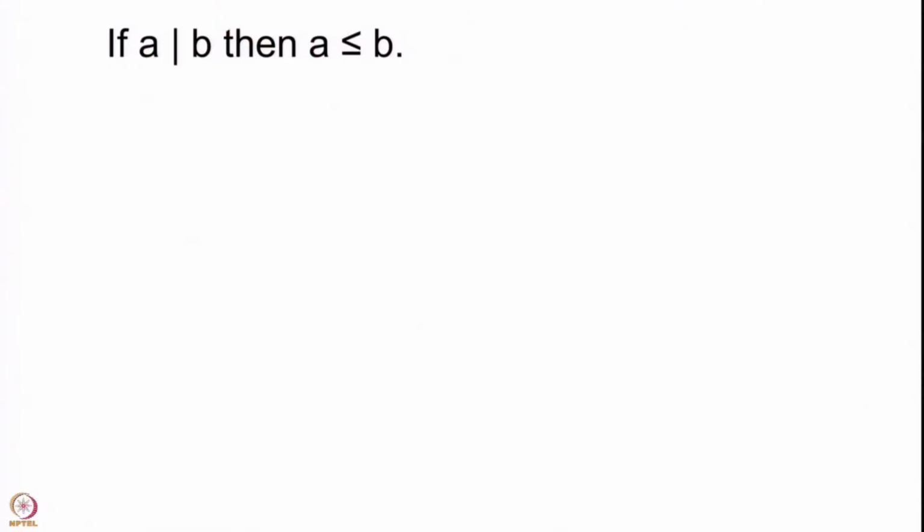We now go to the third property, which is a very important property and we will use it quite often. This says that if you have a natural number A dividing a natural number B, then with respect to the earlier order that we have defined, less than, A should be less than or equal to B. This strange symbol that you may see here means that either A is less than B or A is equal to B. Once again I will give you a minute to think about this proof, and after your minute is done I will state my proof.